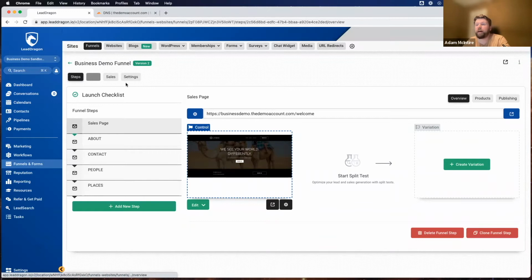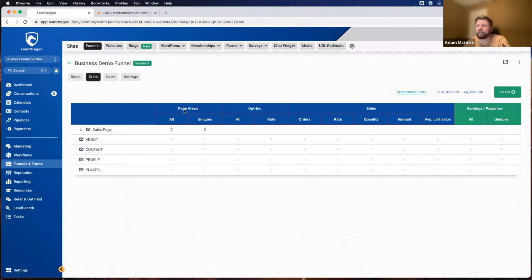All right. So, and then last couple of things here up at the top, stats and sales. So stats are going to be where you can look and see for the funnel itself, page views, opt-ins, sales, and earnings per page view. So page views, that's going to be helpful for all of them. Most,